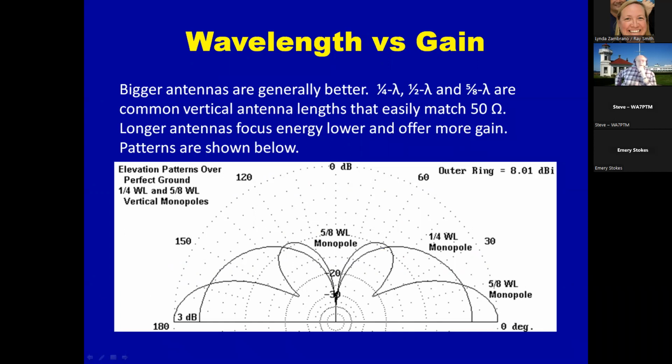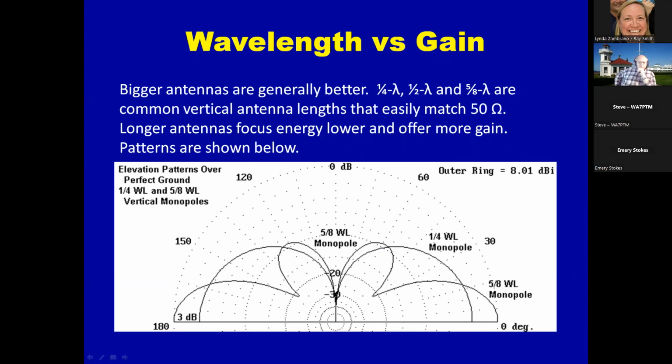The larger percentage of a wavelength that the antenna is, so half would be better than a quarter, 5/8 better than a half. For vertical antenna lengths, bigger is better, so to speak. And you can see here it's illustrated by this